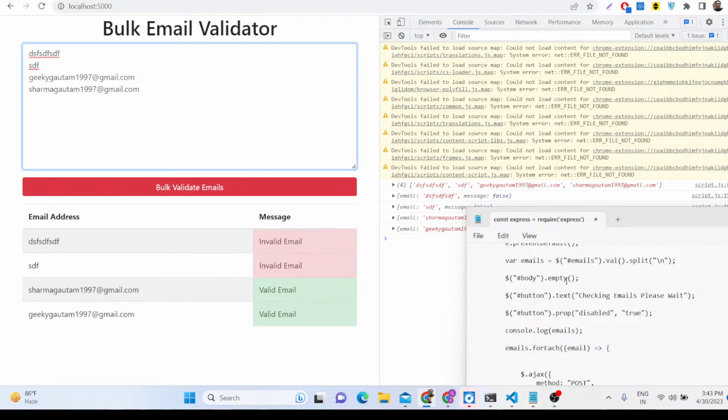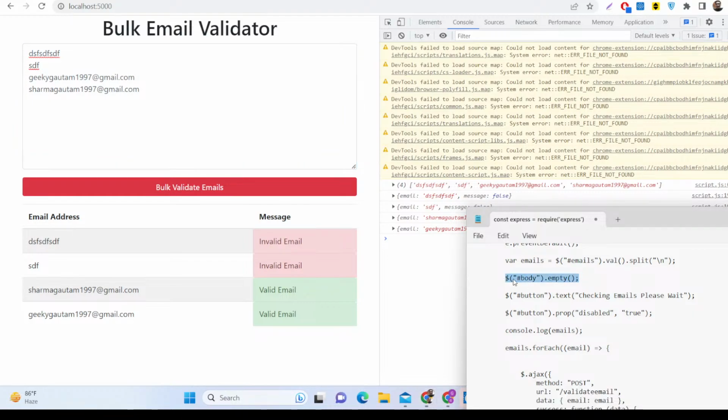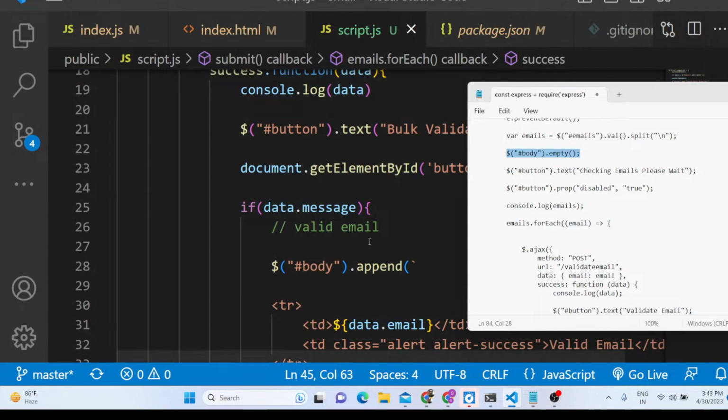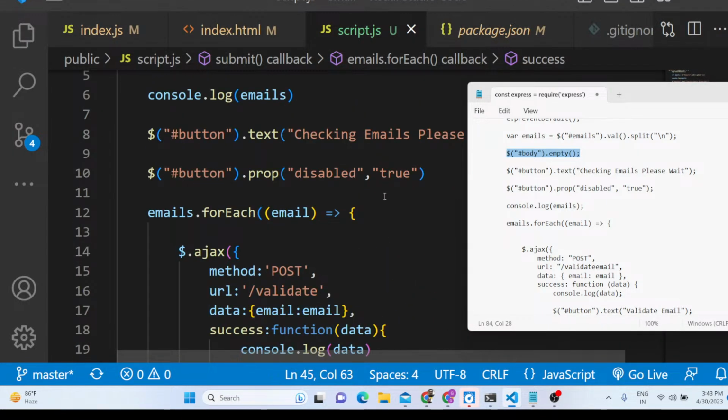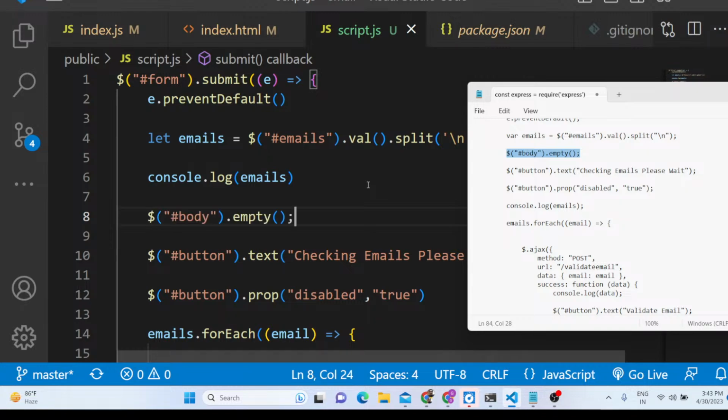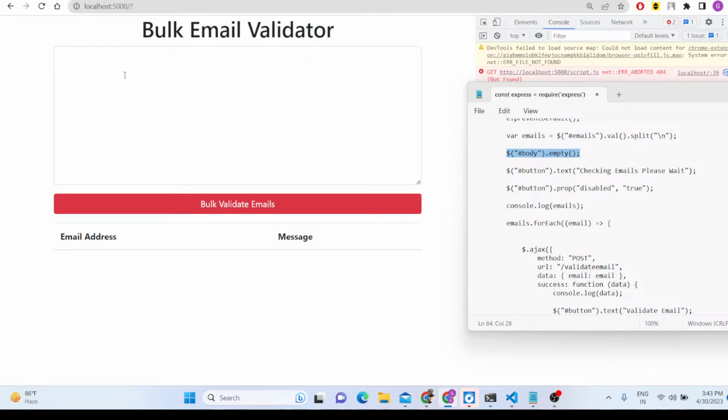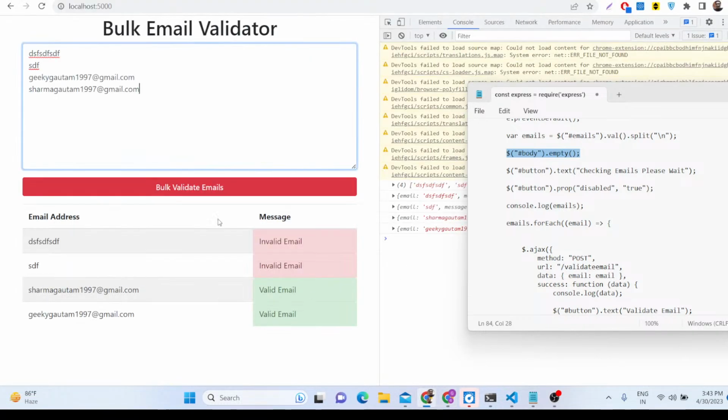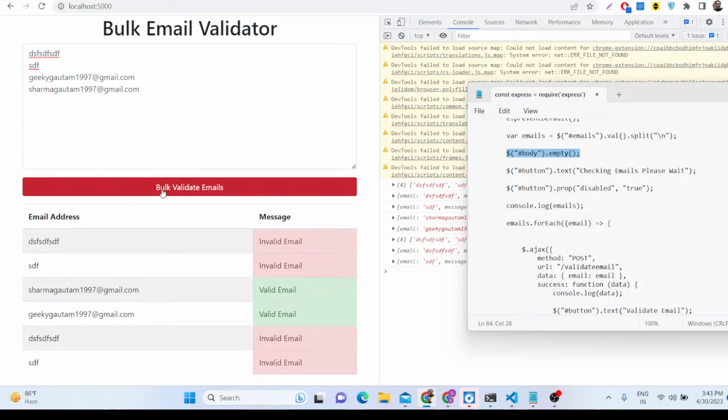You can even add this line which will actually delete the previous entries before you make the next request. So right here you can just write this. So empty, it will just clear out the previous content. So just write this. So now if I again do this, you will see that